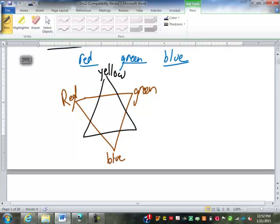Green and blue, now this is probably a color you haven't heard of before, combined to make cyan. Red and blue combined to make a color called magenta. And you might be wondering, where's the purple or violet, and where's the orange? Well, when we're dealing with additive color, those are...